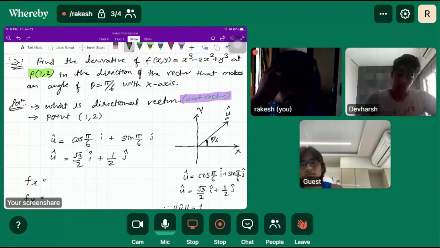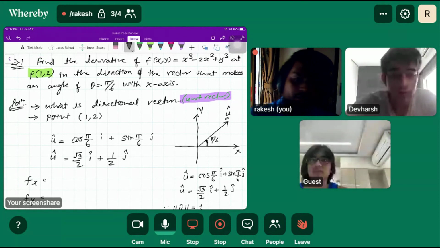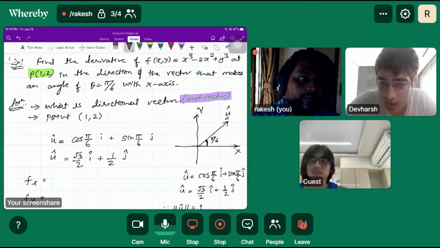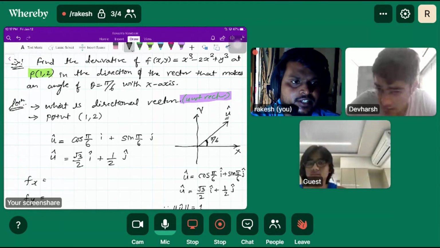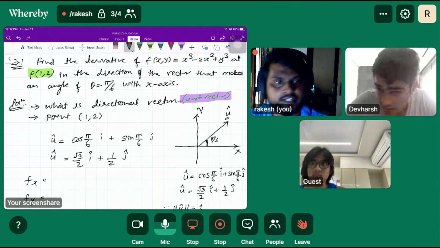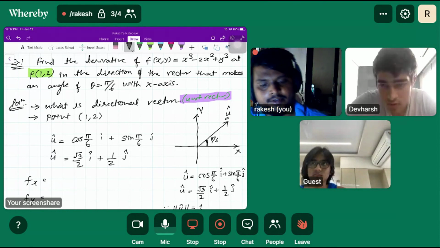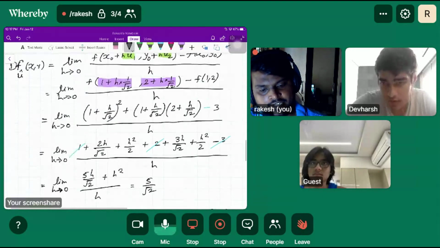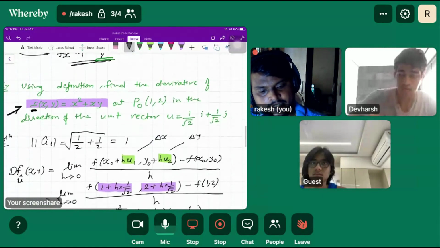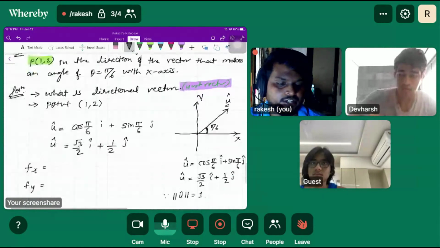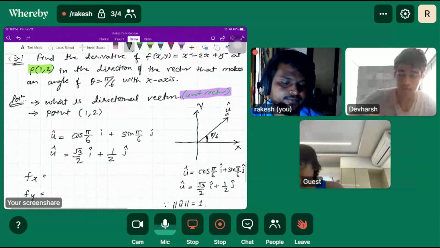One question. The limit is another way of getting the same answer, right? Yes. The limit technique, you will get the same answer. Definitely. If you apply the logic or the formula, you will get the same answer.